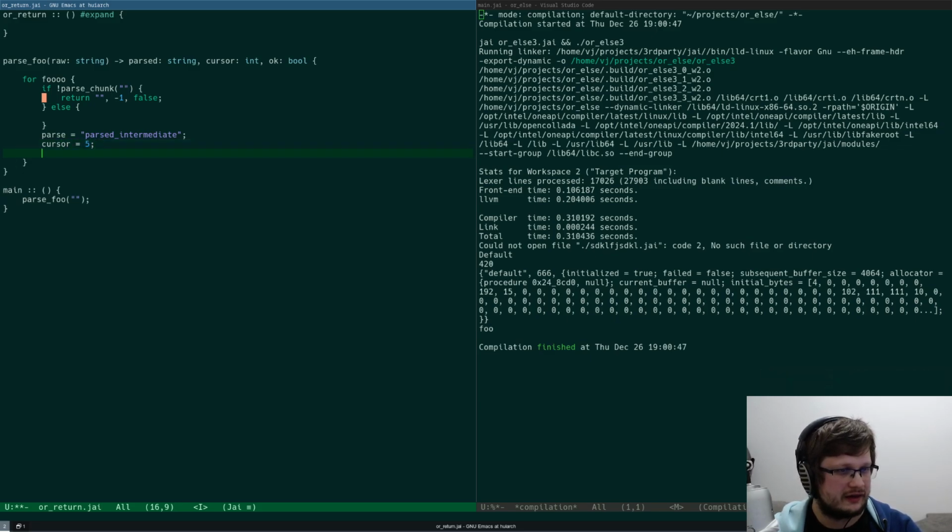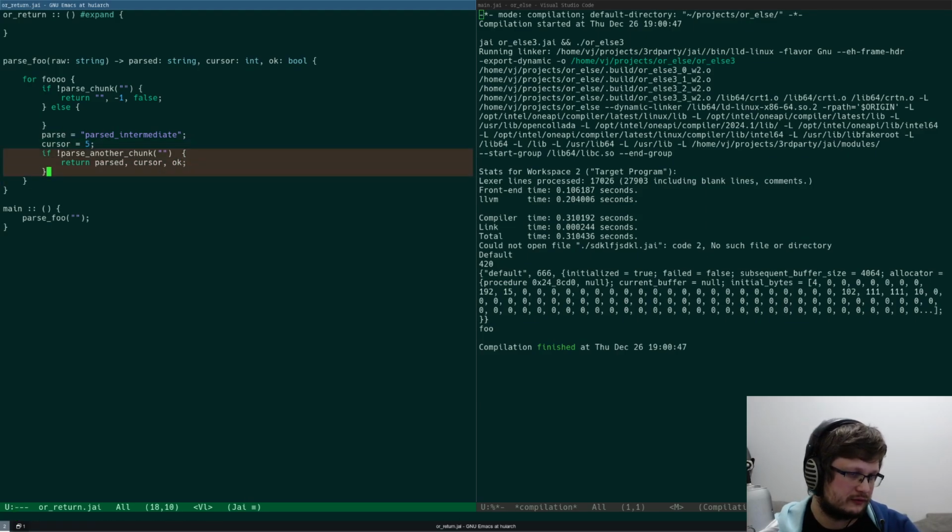And then if not parse another chunk, right? Then you would want to return whatever you have at this point. So you would return parsed, cursor and okay, right?